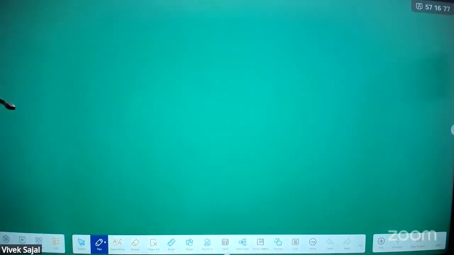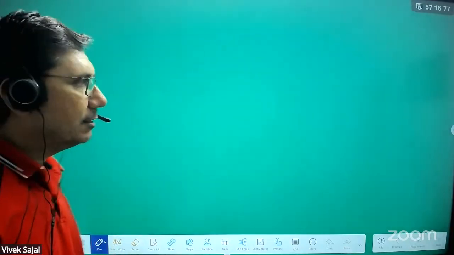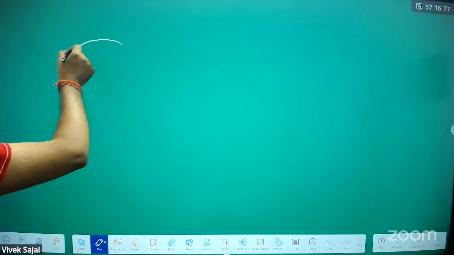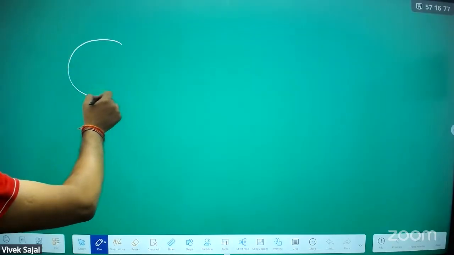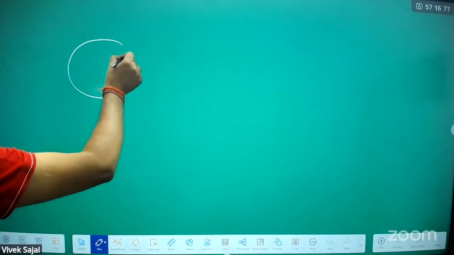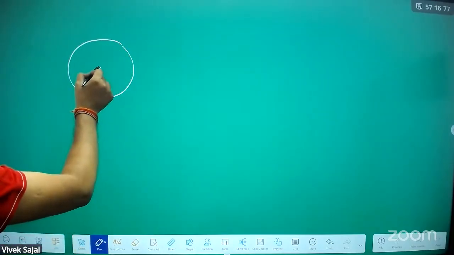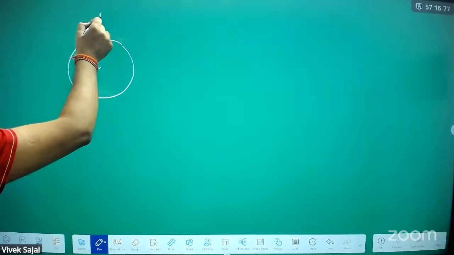So this was the perpendicular axis theorem. Now come back to the disk. I have explained the perpendicular axis theorem. Now you know that we have